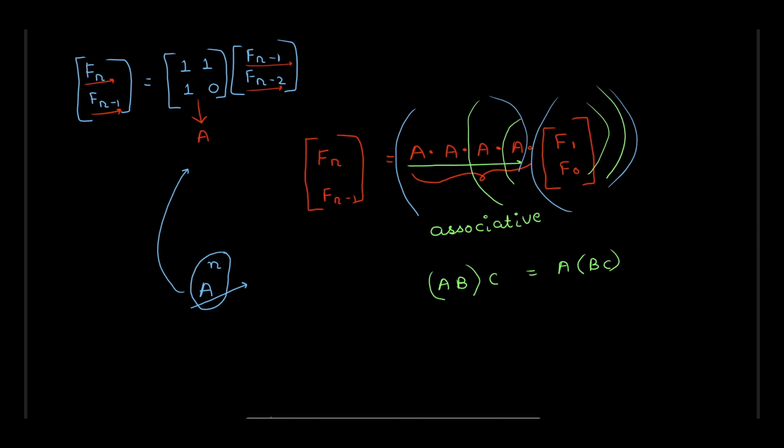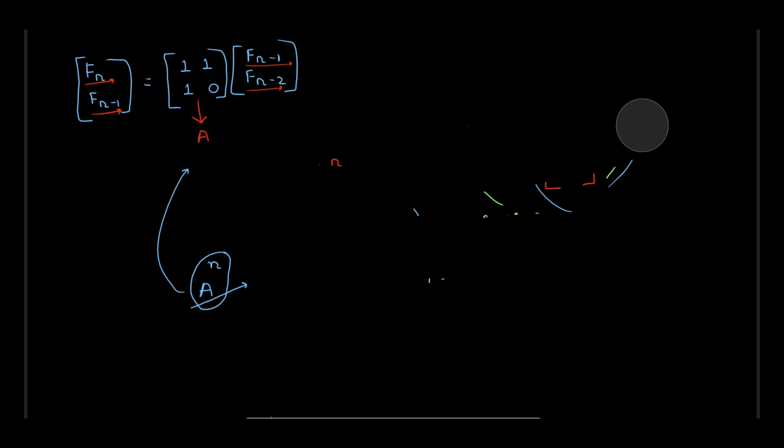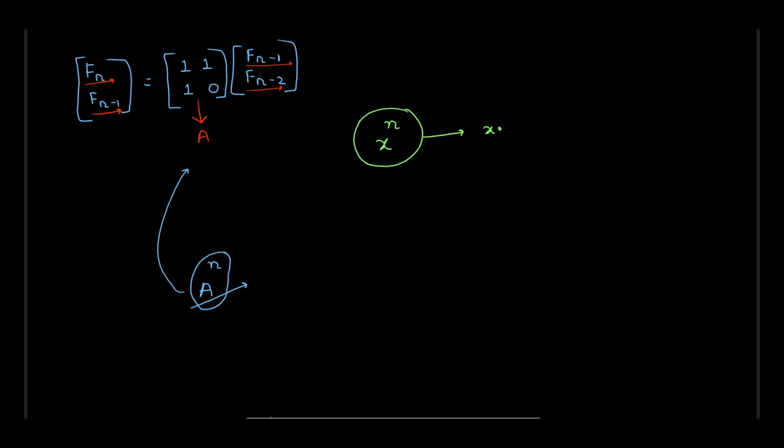But how do you do this? Again, if you are coming from Codeforces world, how do you compute? Forget matrices. Like if I give you any number x to the power n and I ask you to compute it, how do you compute it? So if you're coming from Leetcode, you might say that it is simply x into x into x into x, n times. So the time complexity is O of n. But if you have been on Codeforces,